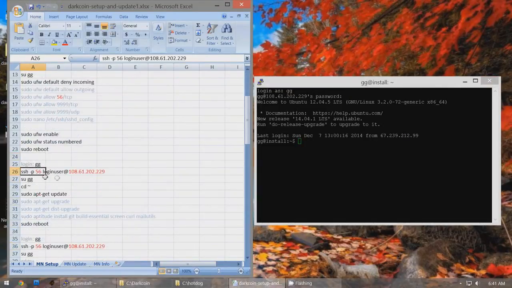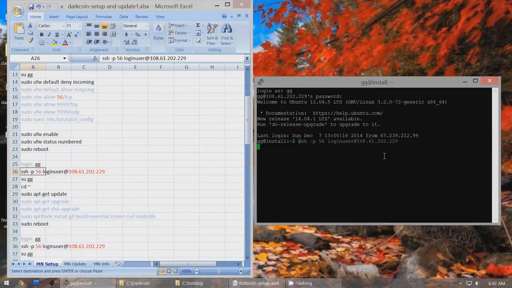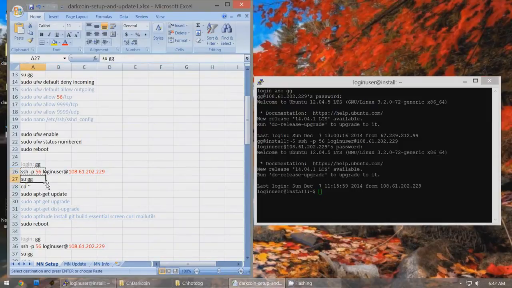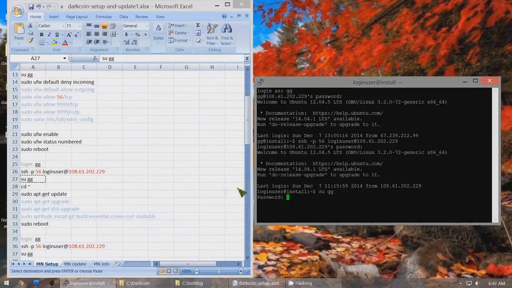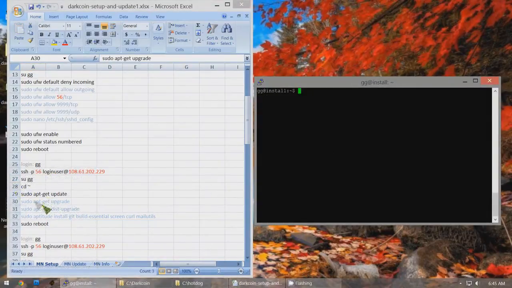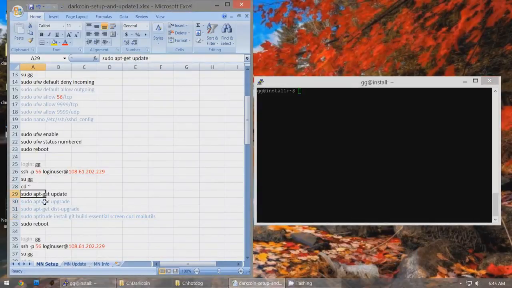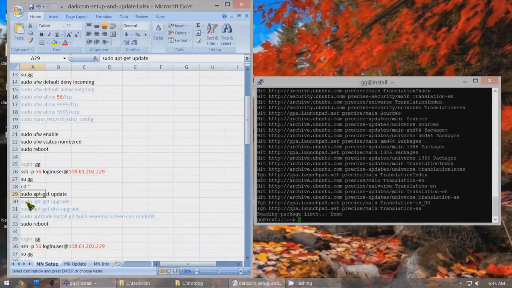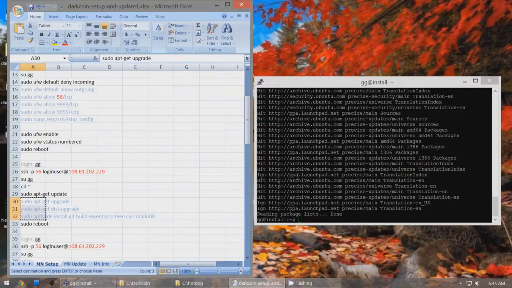So Control C, and right click, type in your password, and next line, Control C, right click, type in your password, next line, Control C, next line, Control C, and then these, you can do them together. Control C,